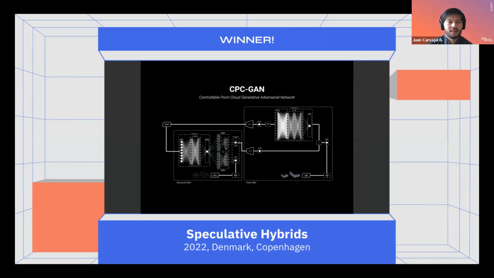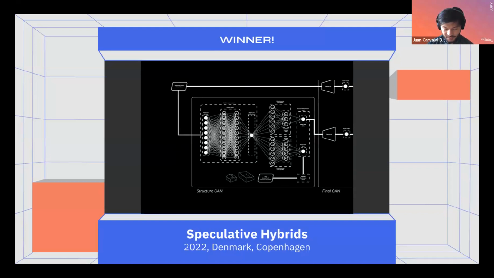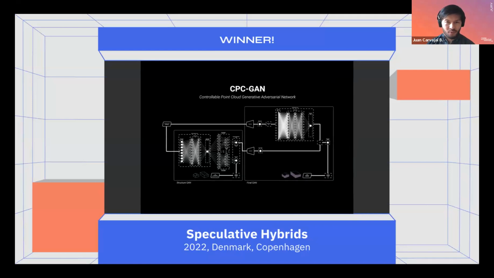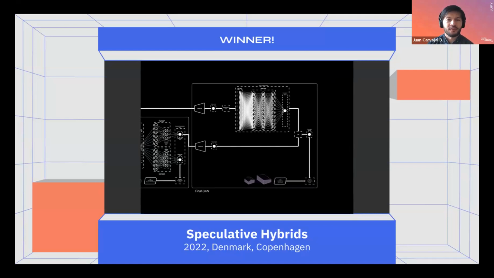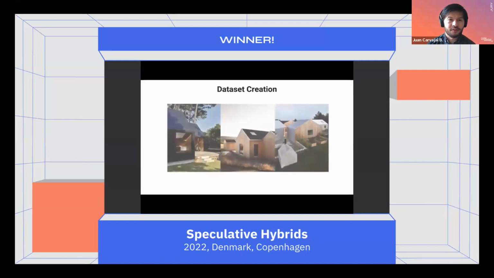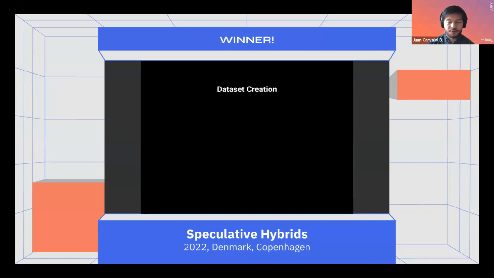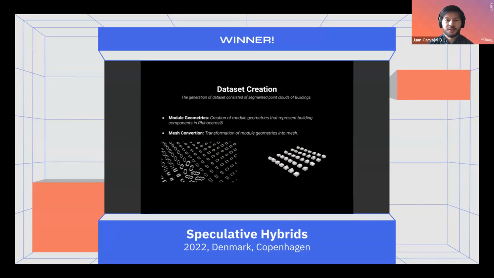Yes, thanks, David. Again, one of my favorite categories, and I think it's always a very good project. The jury selected it because it's a pioneering approach, at least in the field of architecture. We were very impressed by the use of this method, these generative adversarial networks, as a method to generate 3D point clouds and especially to speculate a little bit on the future of architecture design. We saw in this project a seed, at least, that could really change the design workflows of architects.